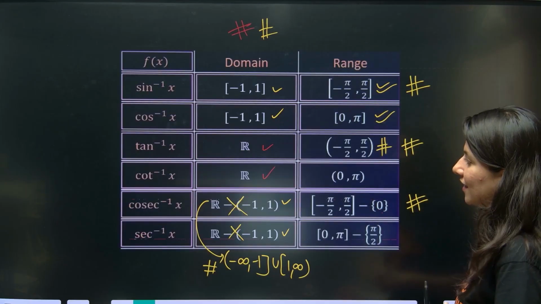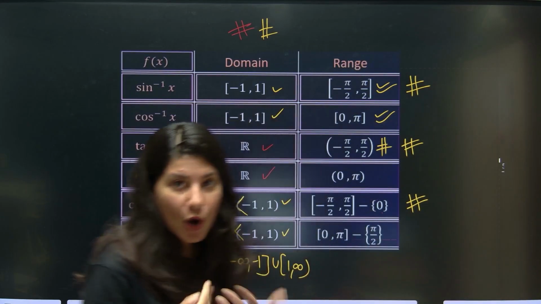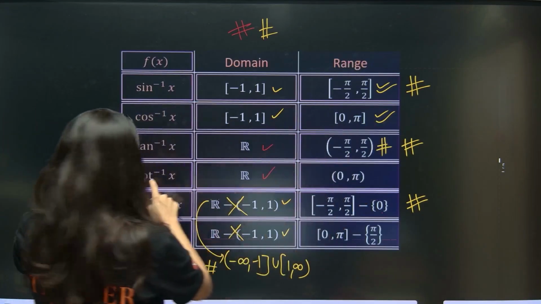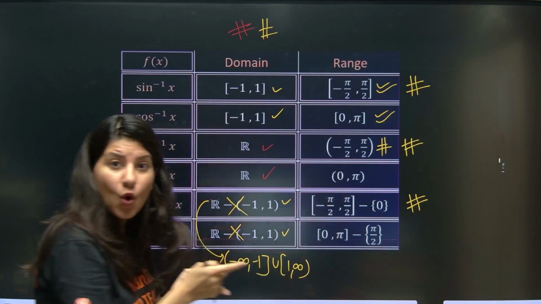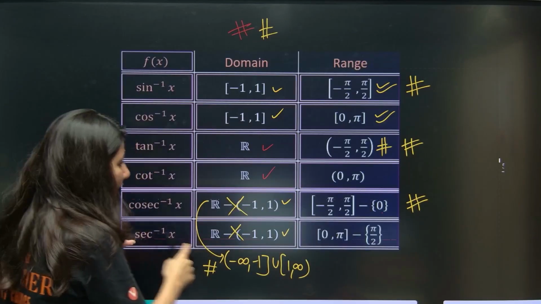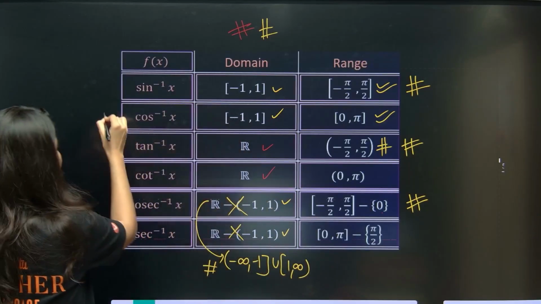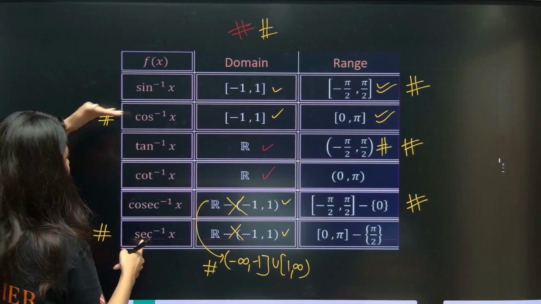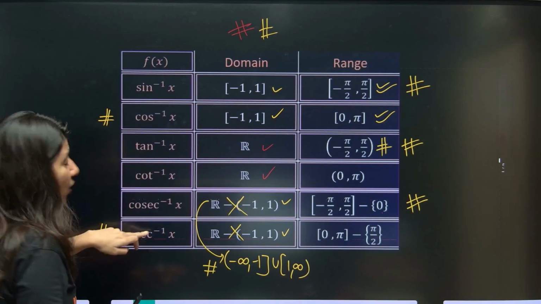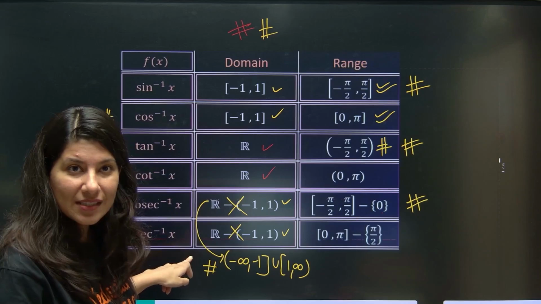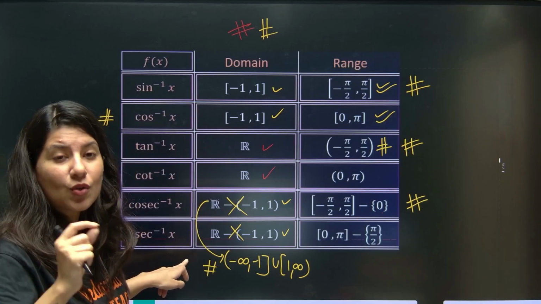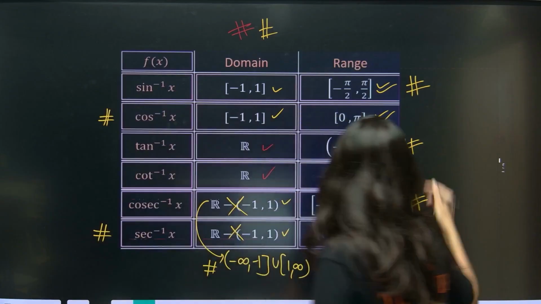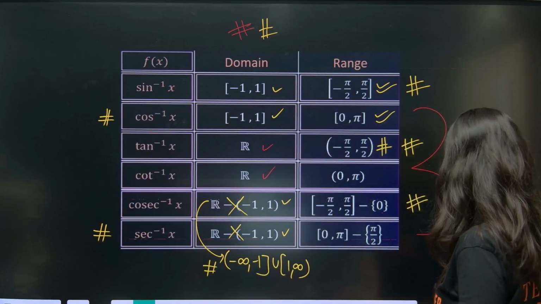Now the rest three, which are cot inverse, cos inverse. So cos inverse is 0 to pi, cot inverse is 0 to pi open bracket, and sec inverse is 0 to pi closed. See, cos and then sec. Can you see, same to same? It is just that sec is what? 1 by cos, and cos cannot be 0. So cos is 0 when 90 degree happens, so 90 degree you have to remove. So these three are same. Okay.